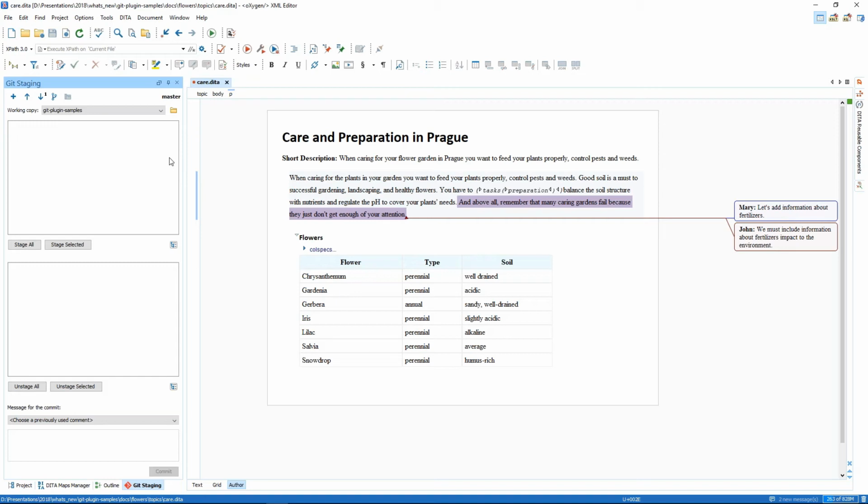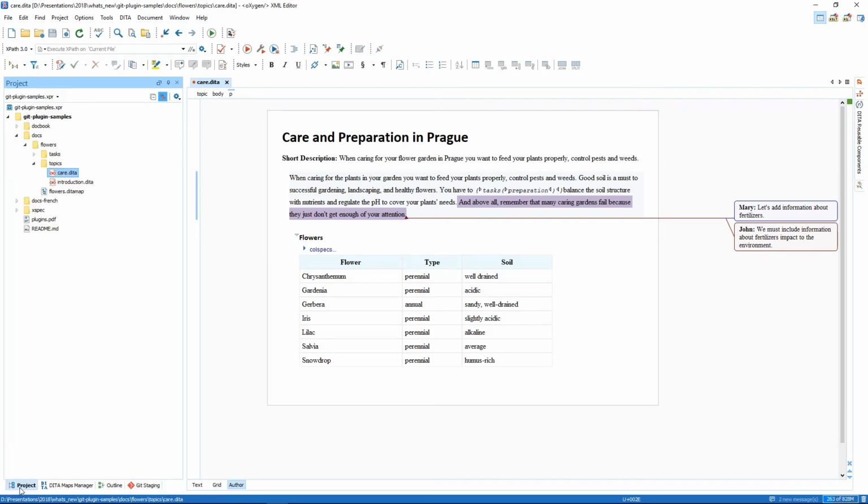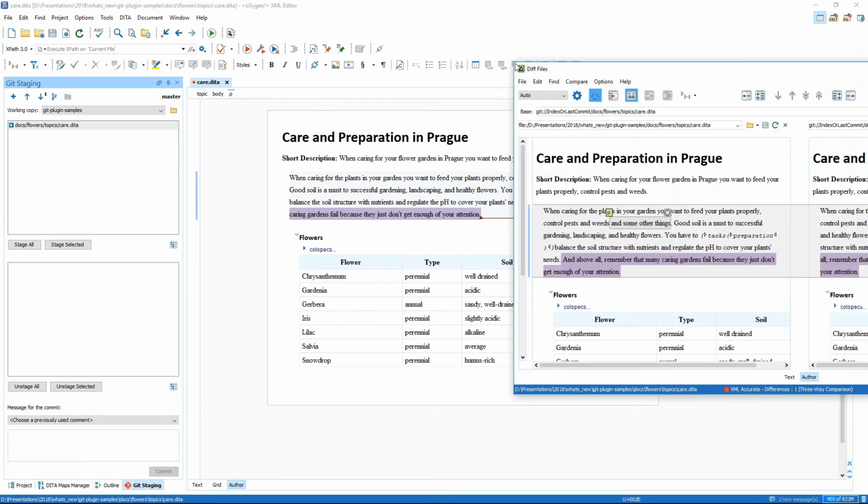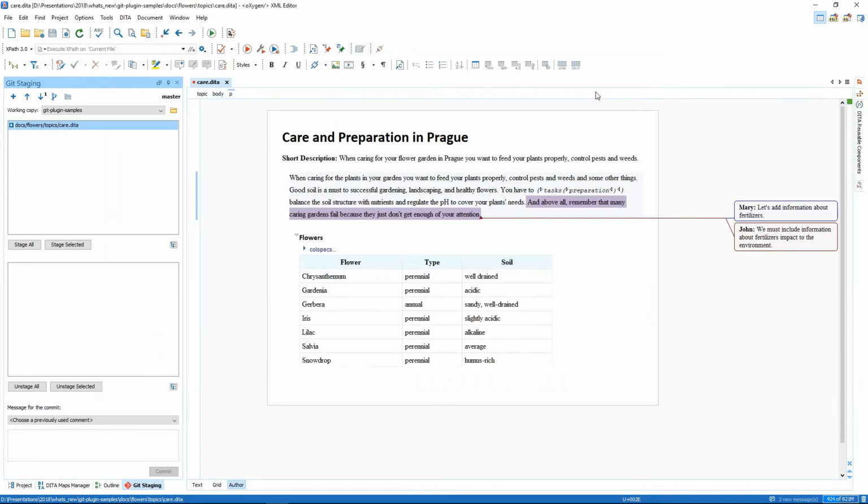So for example, if I were to change this data topic here and some other things, put some text in it and save, this Git staging will present to me all the changed files in my working copy, and I can discard changes, stage them, open in compare editor, as I told you is Oxygen diff tool. So I can stage it